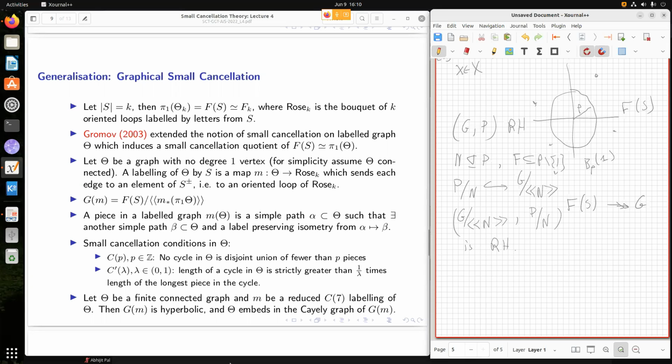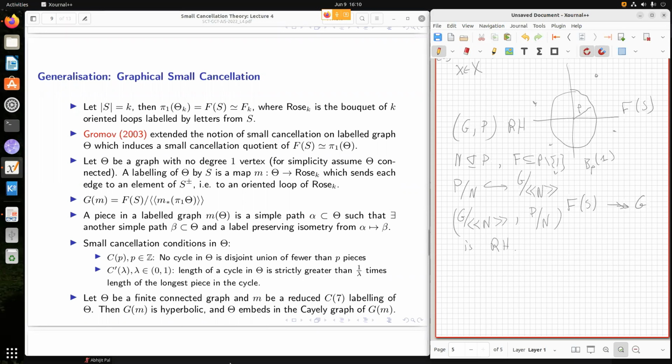Now if we take M star, the induced map at the level of the fundamental groups. The fundamental group of the rose on k petals would be the free group on k generators, F_S here. So we will have a mapping from the fundamental group of the given graph theta, pi 1 of theta,